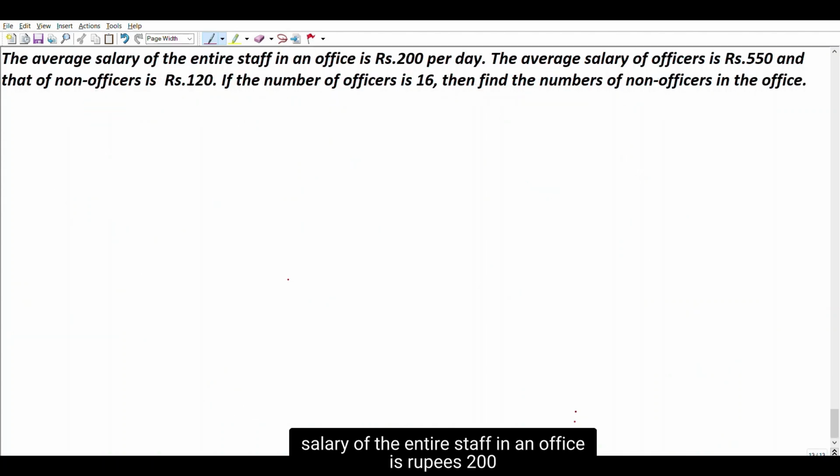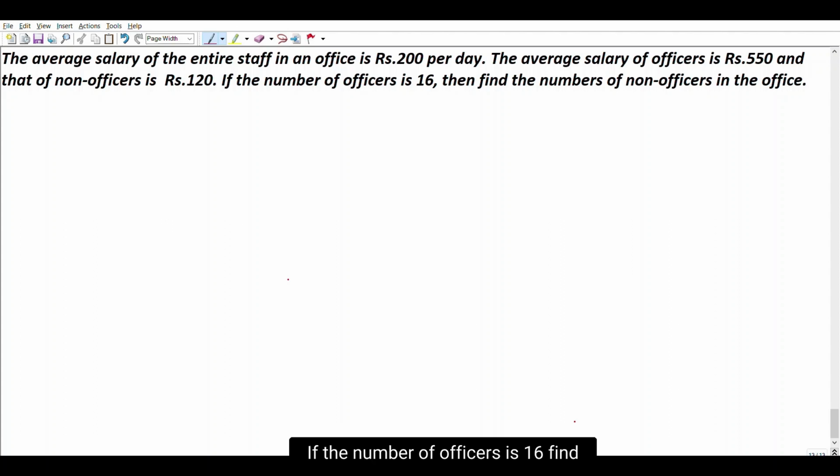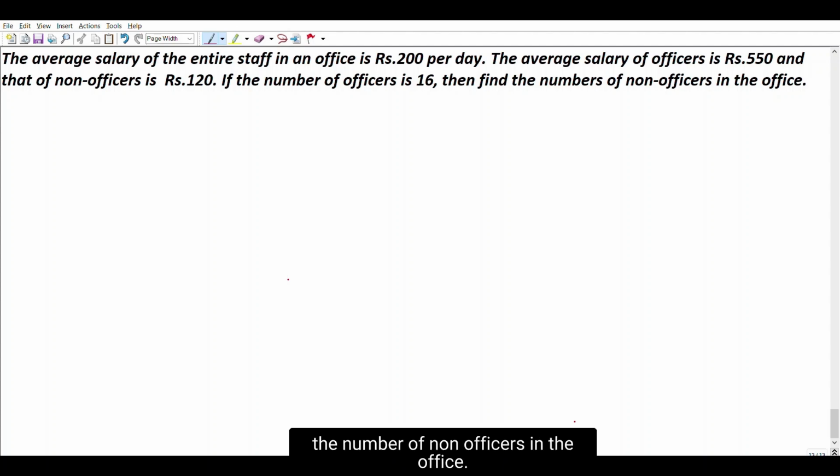The average salary of the entire staff in an office is rupees 200 per day. The average salary of the officers is rupees 550 and that of non-officers is rupees 120. If the number of officers is 16, find the number of non-officers in the office. So we know that